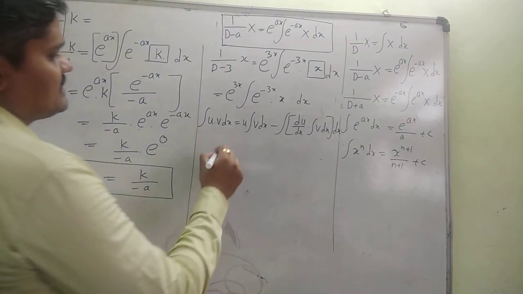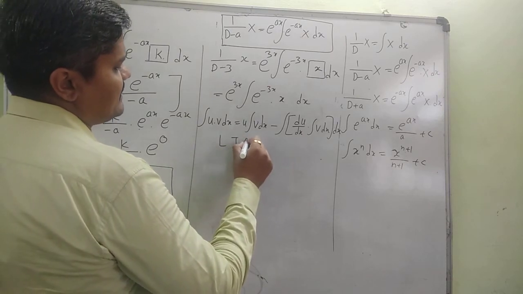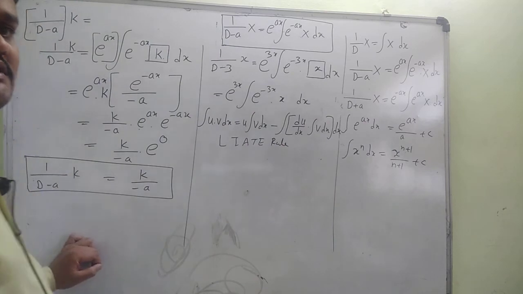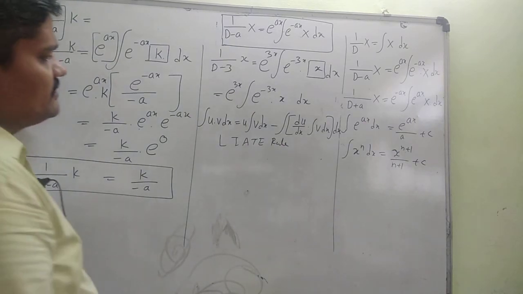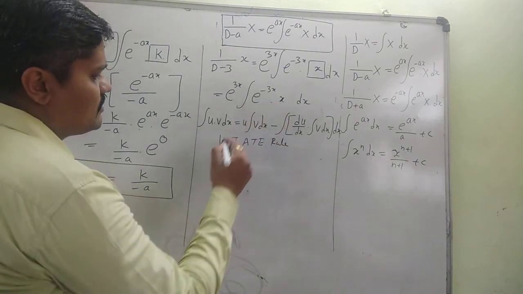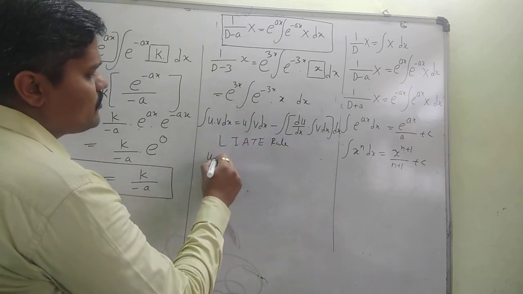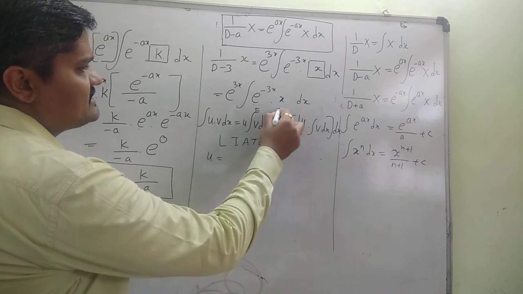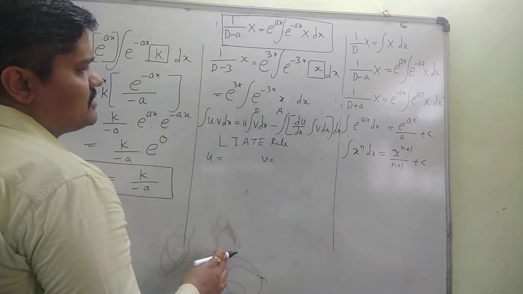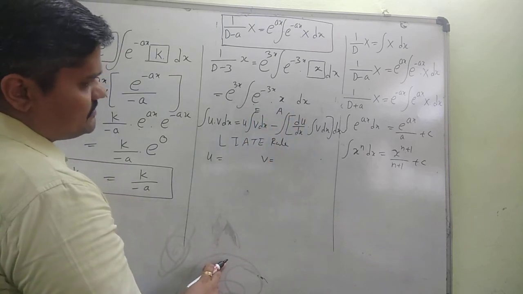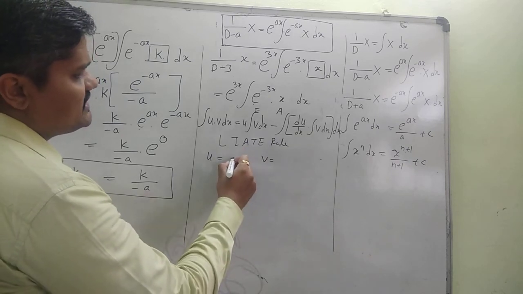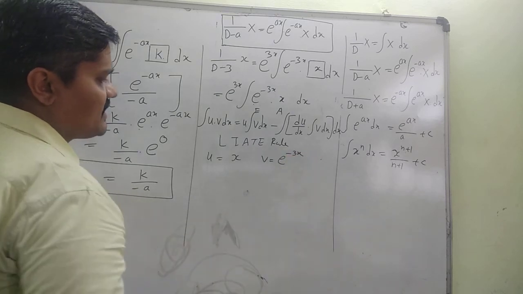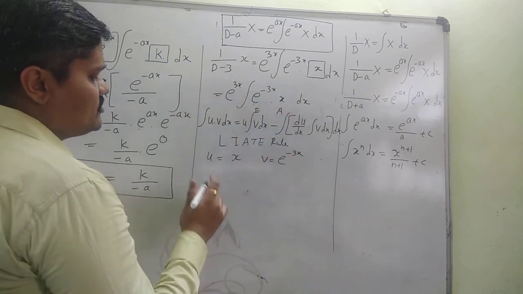We are going to apply the LIATE rule. From this LIATE rule, we will recognize what is u and what is v. So this is the exponential term and this is the algebraic term. So the algebraic term comes first instead of exponential. So here u will be x and v will be e raised to minus 3x. So I'll be solving this numerical as